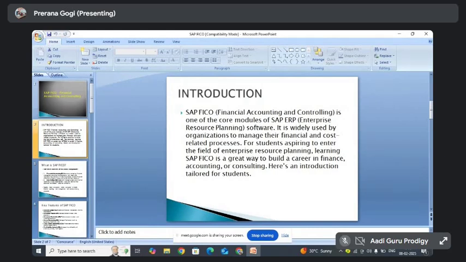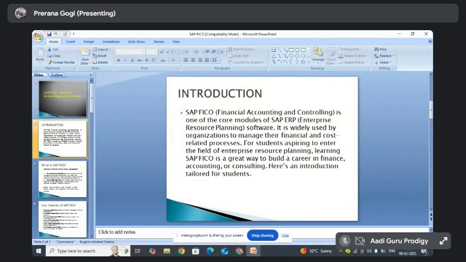And you will probably know SAP is an ERP product, right? What is this ERP? SAP is also one of the ERPs. ERP is nothing but enterprise resource planning. We have heard it in our Tally also, right? SAP is also a product of ERP, which is enterprise resource planning.